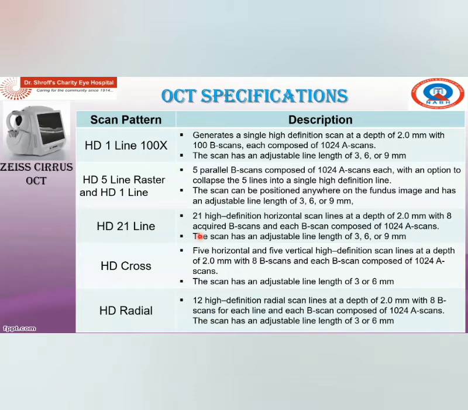So these are scans we can take in different types of pathology. Suppose in CNVM, we need to go for a smaller scan. Suppose in CSR, it is extended to a higher extension, so a higher 6 or 9 mm scan also. Am I clear for this? Different types of scans. Yes, sir. These are machine specifications. They are already adjusted: the length of the scan and the depth are fixed, and the number of B scans captured is also fixed.